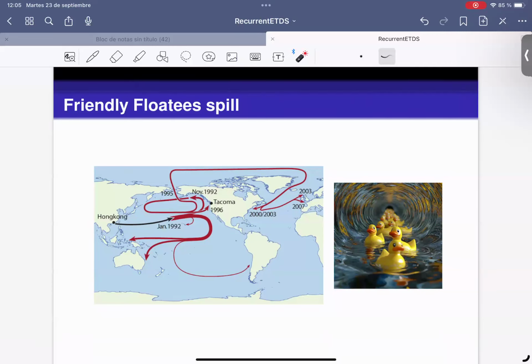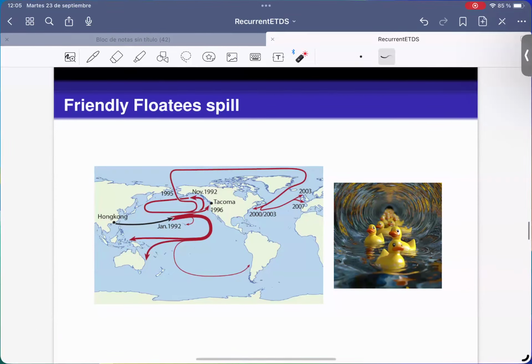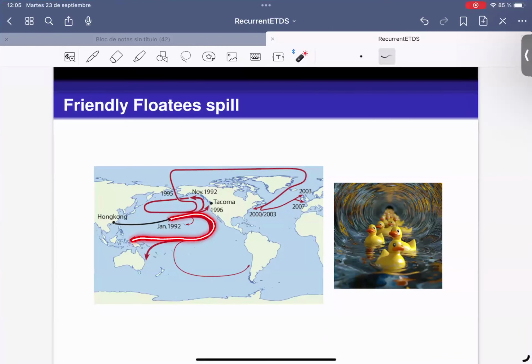All these rubber ducks will appear here on the West Coast in a month or something like that. So they were there trying to collect the rubber ducks, and this doesn't happen. Only a few appear here, and what happens is that the rubber ducks were spread all around the world. They appear in Australia, in Europe, on the East Coast, so it was completely crazy, and it's precisely because of these super crazy dynamical systems that are Turing universal, and in particular are undecidable. Okay,